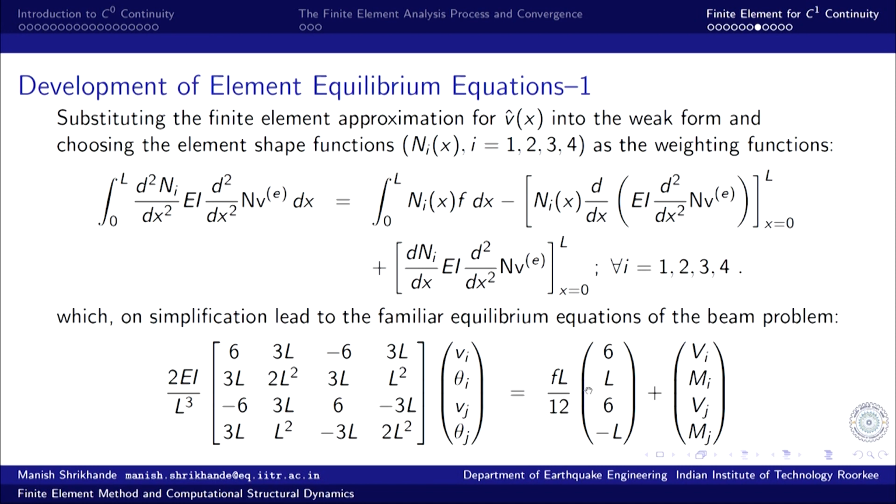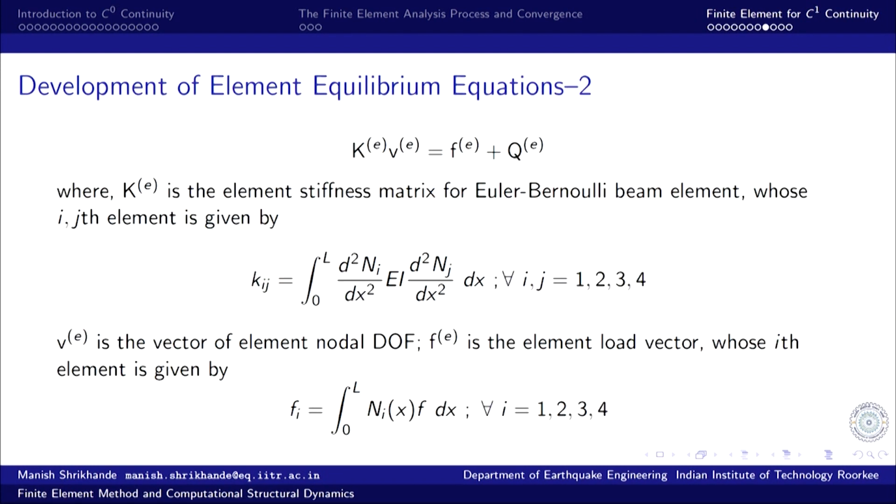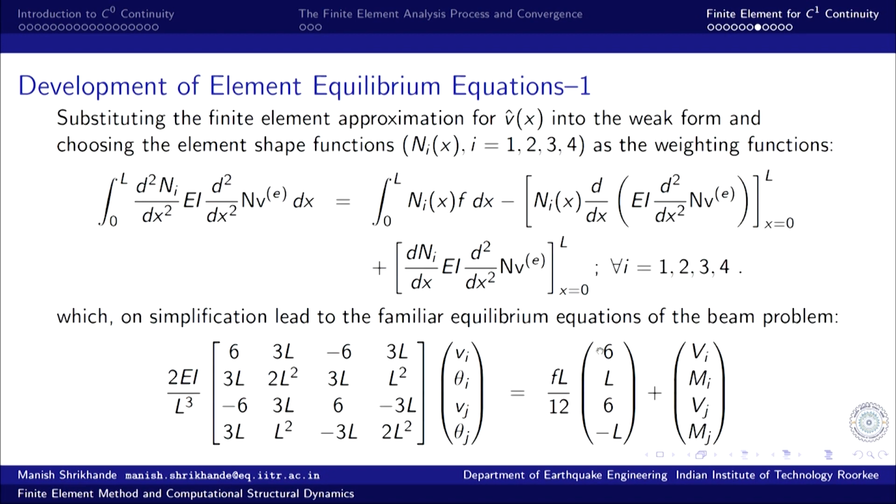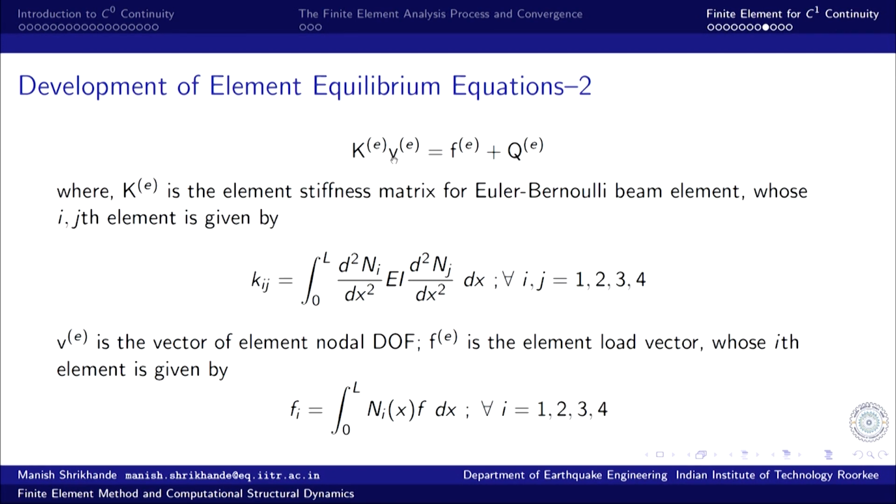So, F L by 2, F L by 2 and F L square by 12, minus F L square by 12. So, the moments, and these are the reaction secondary variables: shear force and bending moment at node I, shear force and bending moment at node J, that derive from the boundary terms that we evaluate here. So, collectively we can refer to these equations as K E V E is equal to F E plus Q E. K E is the element stiffness matrix for the Euler-Bernoulli beam element, whose ijth element is given by this expression,